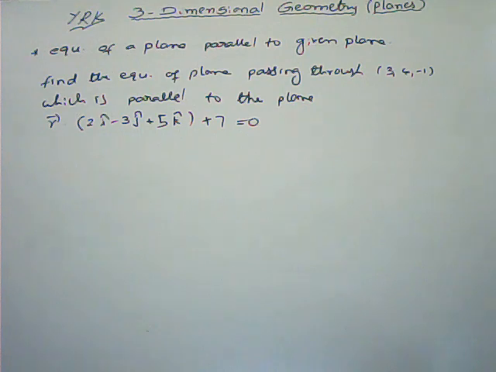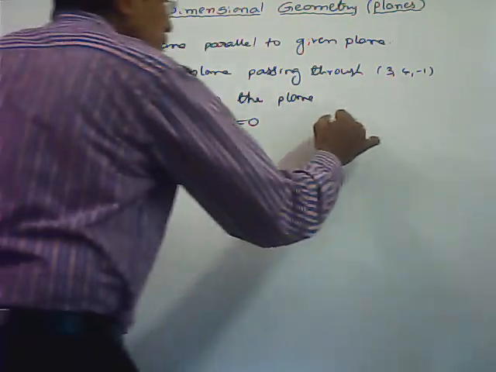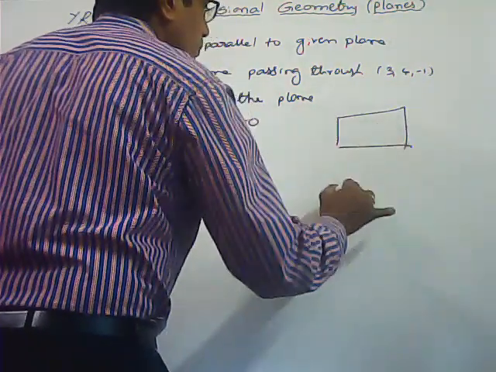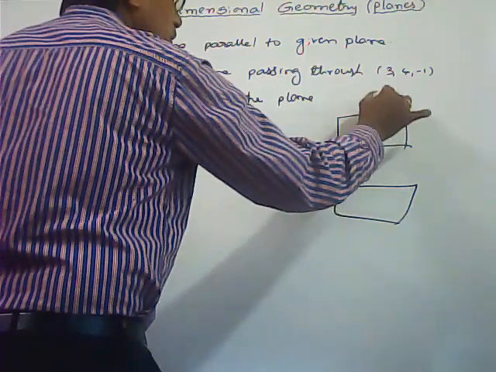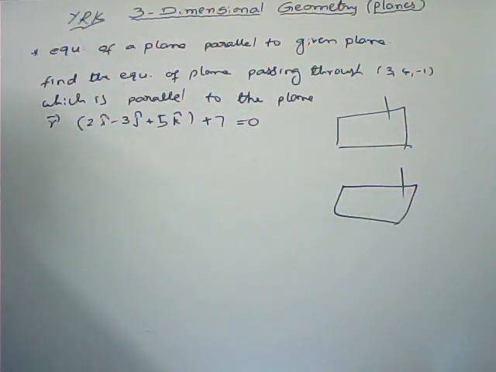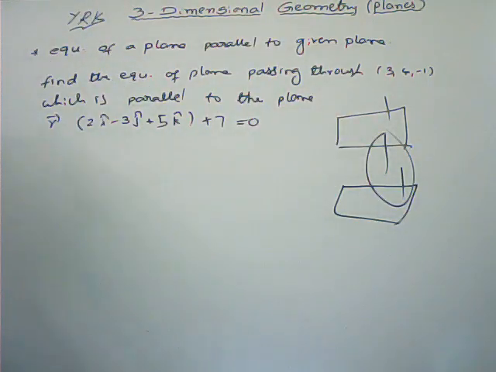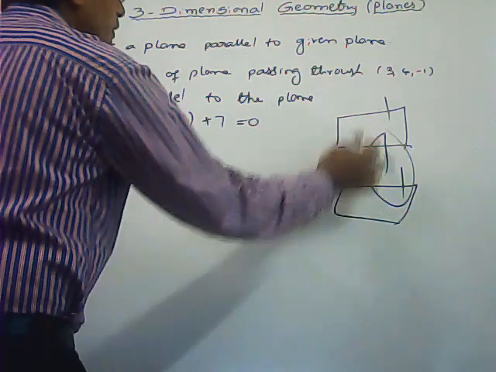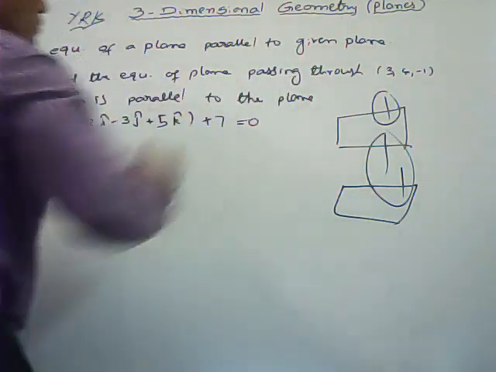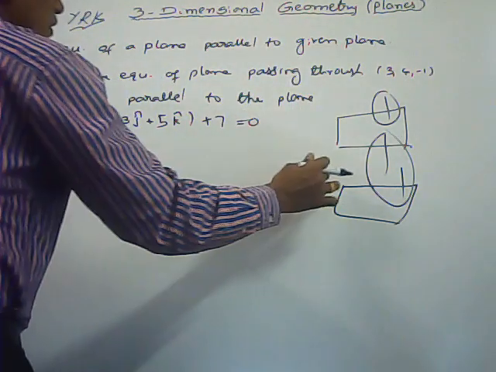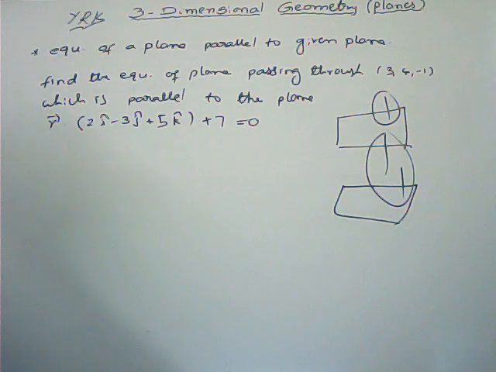Next one, equation of the plane parallel to the given plane. See, if two planes are parallel, here we can consider the normal DRs only. What about these two? Both have the same DRs only. Both the DRs are in the same ratio, we can also say. If two planes are parallel, whatever DRs we take as the normal DRs of the first plane, we can consider the same for the second plane also.